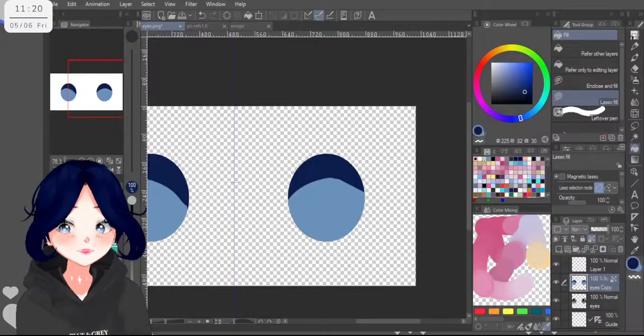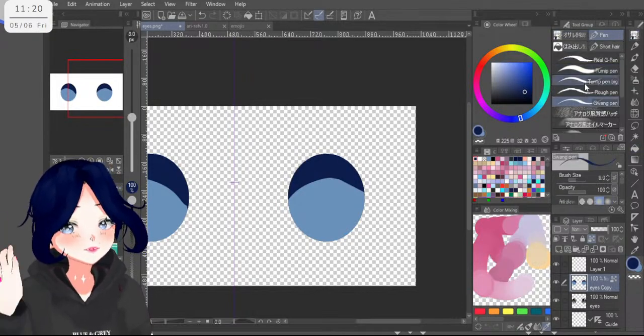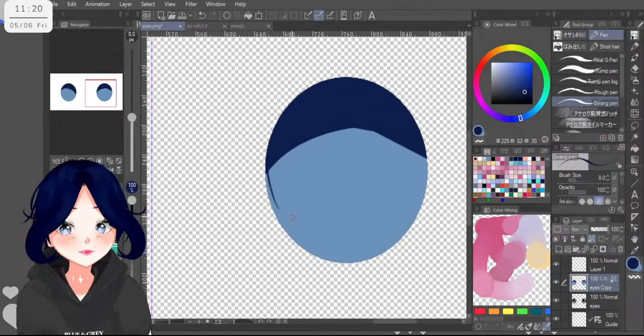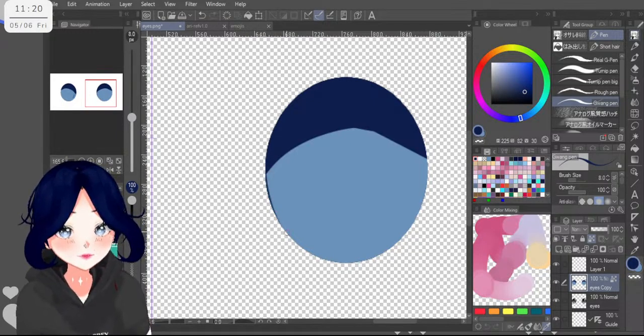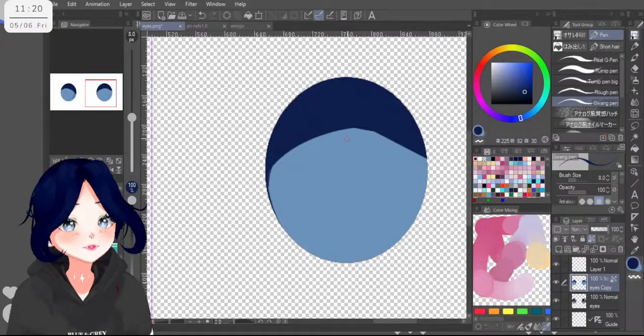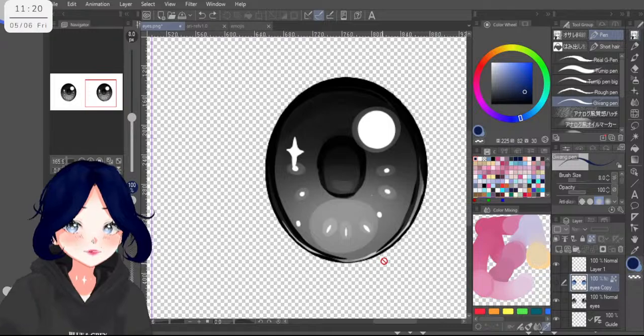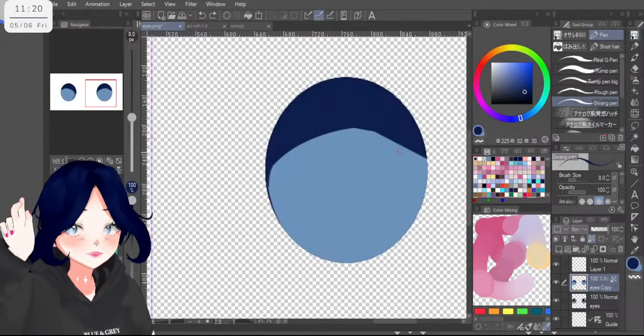Like that. And let's just switch to this pen so we can give it a little more details, because I honestly like that type of lines here. I honestly like it a lot.